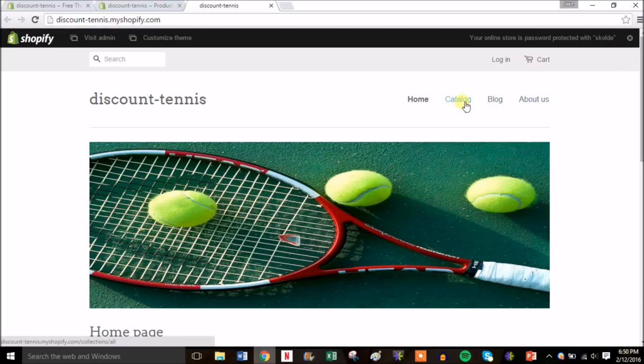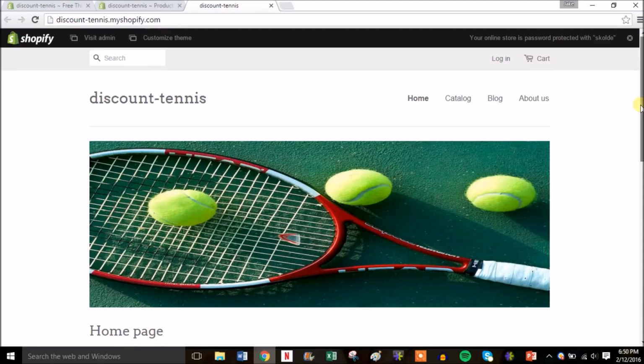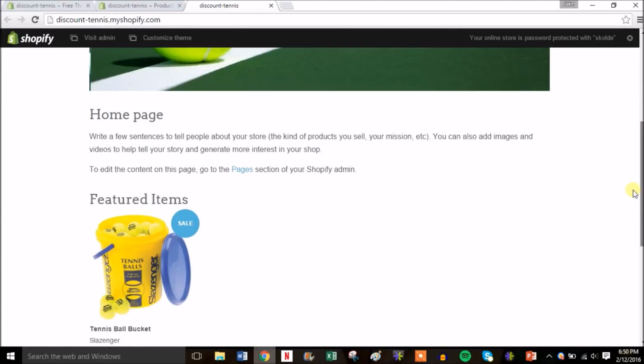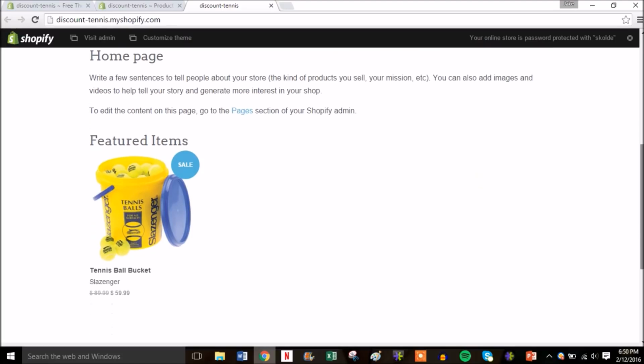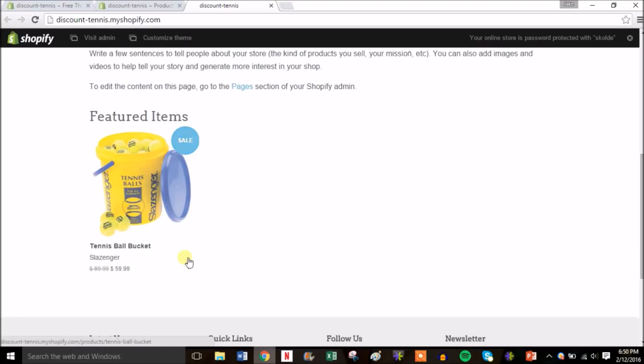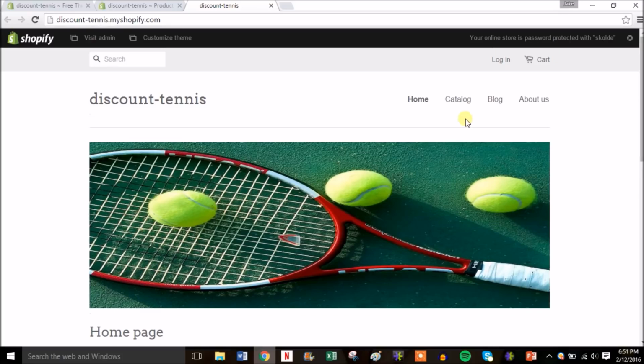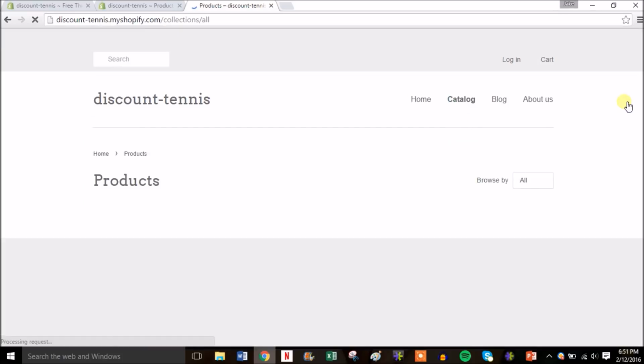So if you go to catalog, you can see on this theme it will show up on your home page here. We're still going to go back and edit all of this out. But as you can see, as I put the compare at price at $89.99 and the sell price at $59.99, that's how you create a sale. See, it shows up, it's on sale. So you can do that even if the price you want to get is $60. You can still just put one of these so it shows sale and stresses urgency, but that's up to you. So you go to catalog